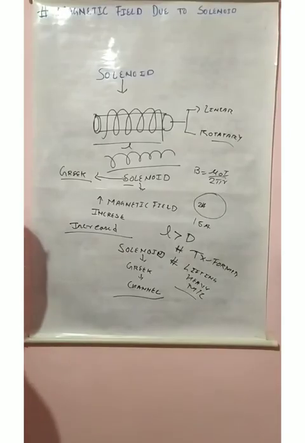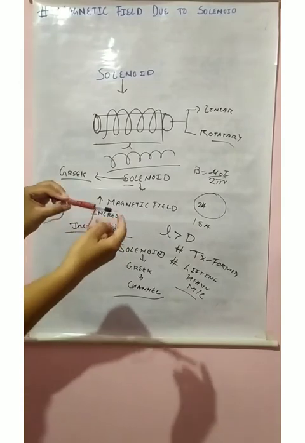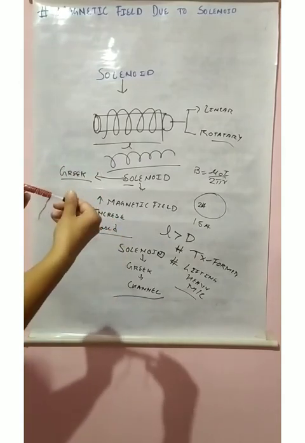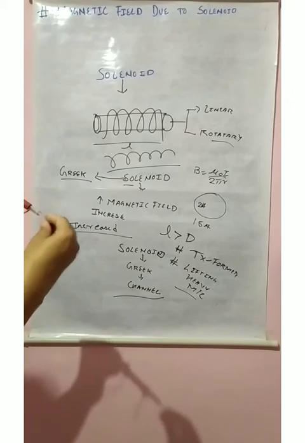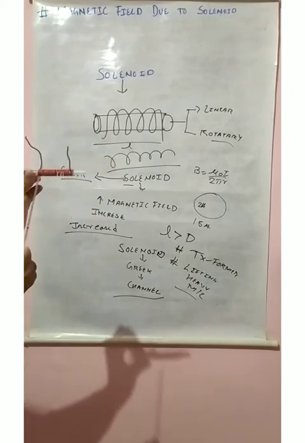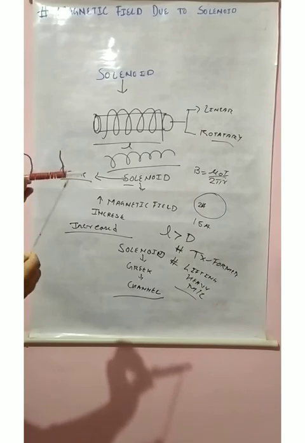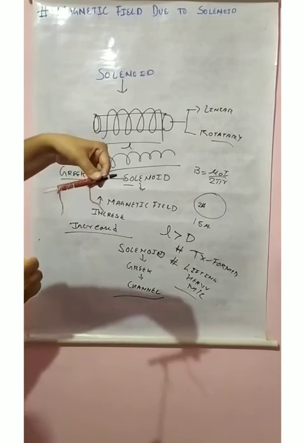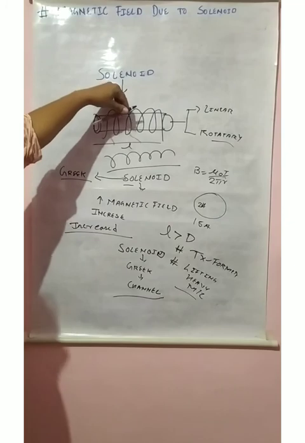Now, in the solenoid we have seen all the description. Now, what is a solenoid made up of? You can see here a pen which I have made hollow by removing its refill. When I removed the refill, you can see I have created a number of turns. This particular arrangement is what we call a solenoid.